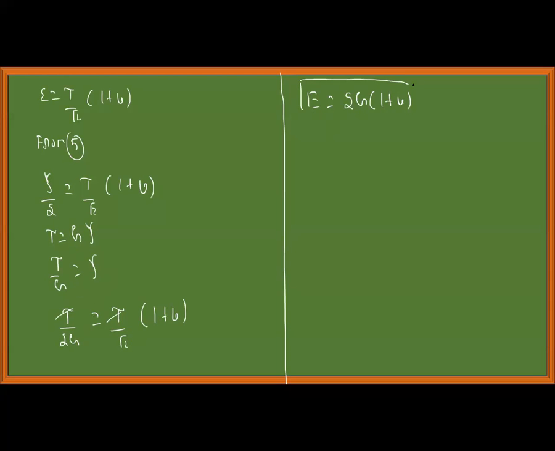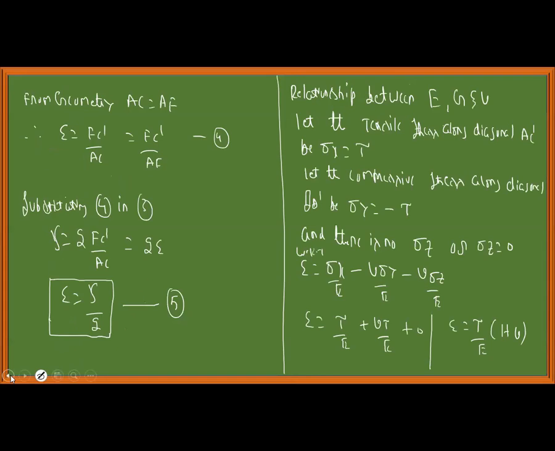This is the standard relation. This is the relationship between Young's modulus, rigidity modulus, and Poisson's ratio. If I know rigidity modulus and Young's modulus, I can find Poisson's ratio. If I know Young's modulus and Poisson's ratio, I can find rigidity modulus. These relations we will be frequently using in order to solve the problems. Hope you understood this, right? Any doubts? Even though this is lengthy, it is quite interesting. You will come to know many concepts.